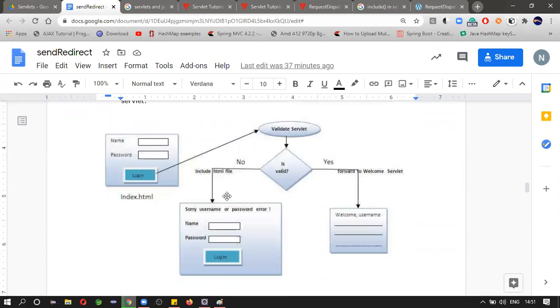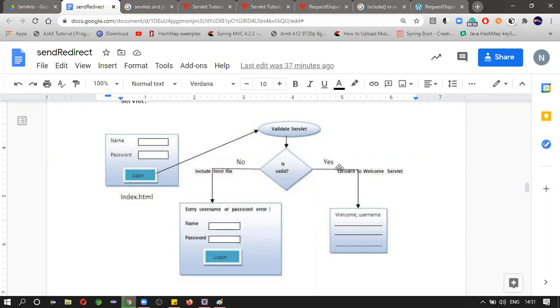You can see this. We are having a form and a valid servlet, which takes the request. So this request has been processed here. If it is appropriate, we will give the appropriate message.